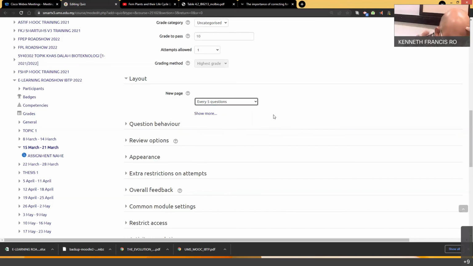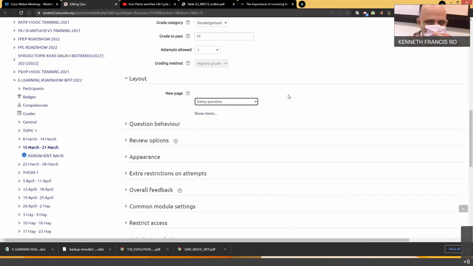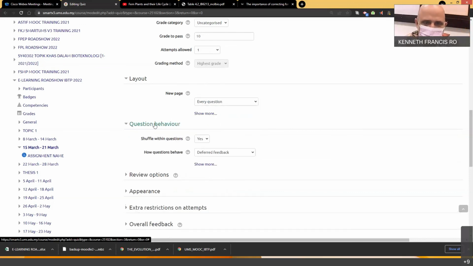But the problem is the student will get confused because they see 5 things in one go and it creates cognitive load. But ideally it should be one question for one page, every question one page. Then you have the question behavior. So it can be a shuffle. Yes, this is the shuffle